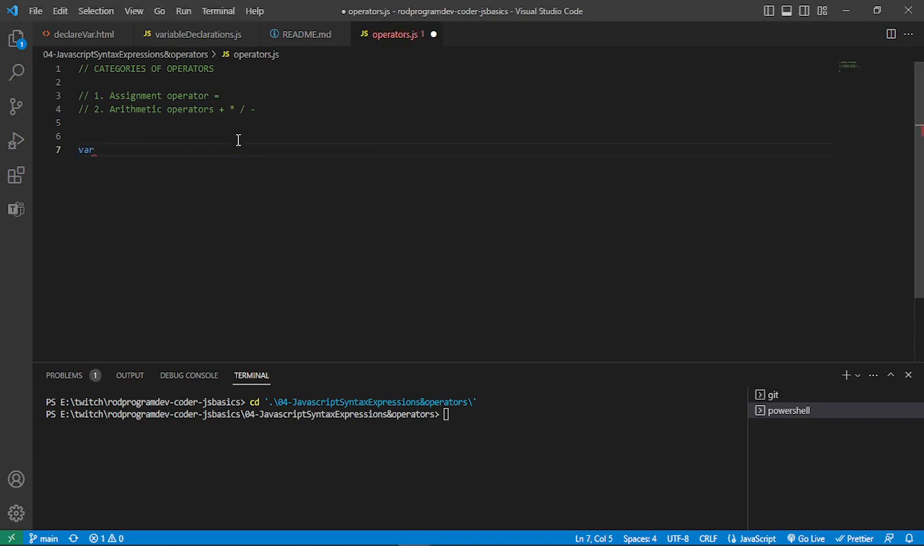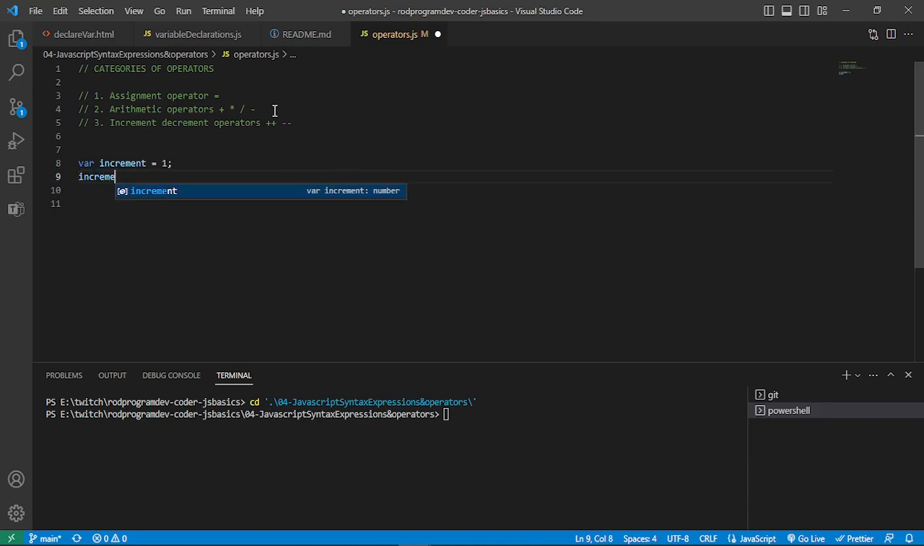So let's say we have a variable i, and we assign that a value of 1. Or let's say increment. So we have what we call the increment decrement operators. And that will be double plus sign and double minus sign. And if we say var increment, and we wanted to increment that by 1 here,